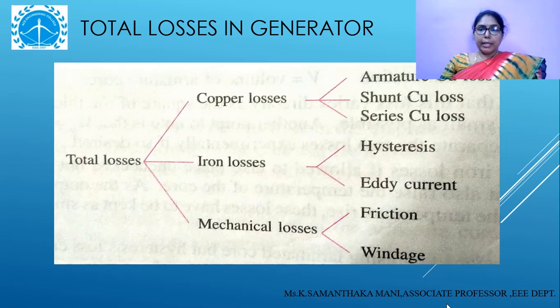And next, coming to the iron losses, as I mentioned earlier, it will have two: one is hysteresis and the other is eddy current losses. The hysteresis losses will depend upon the type of magnetic material you have chosen, and are based on its hysteresis loop. And this is the eddy current loss: because of the very small currents that flow in the core material of the armature, it accounts for eddy current losses. These together are called iron losses. Coming to the mechanical losses, friction and windage losses will be there.